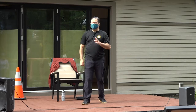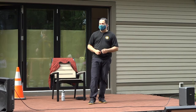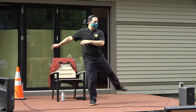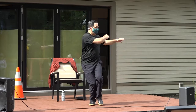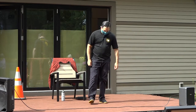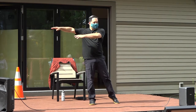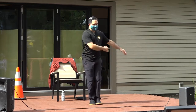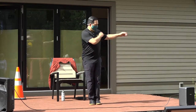So the reset, and the good news is there is a reset. If the exercise gets away from us, which it can do, probably the last time you did anything like this, unless your hobby is Olympic speed skating, you probably weren't doing too much of this type of motion. So if we do get the signal crossed, just start with your foot on the outside and the hands on the opposite side, and that's kind of your jump start to begin: in, out, in, out, in, out, in, and